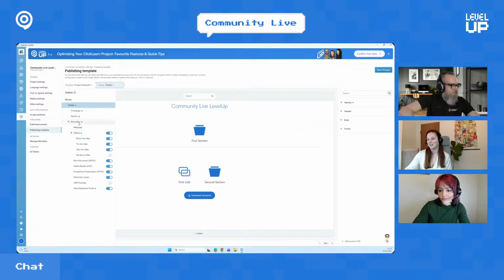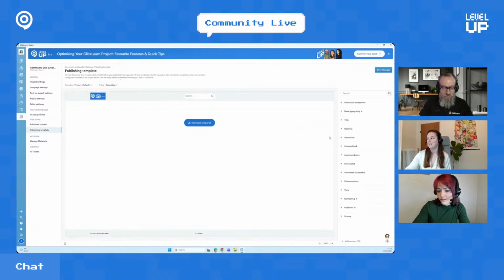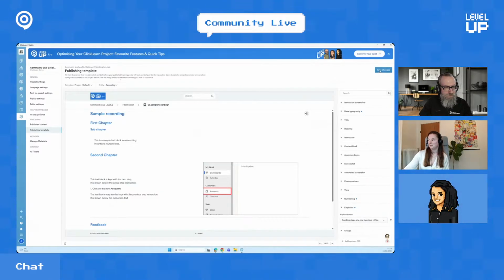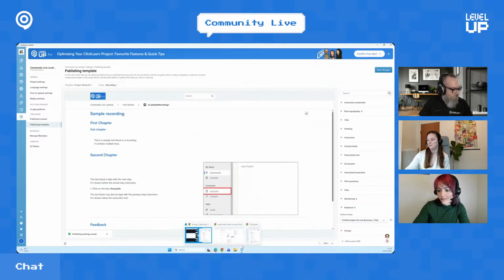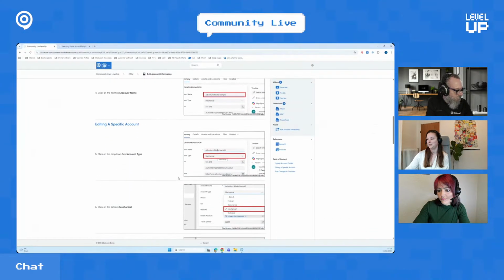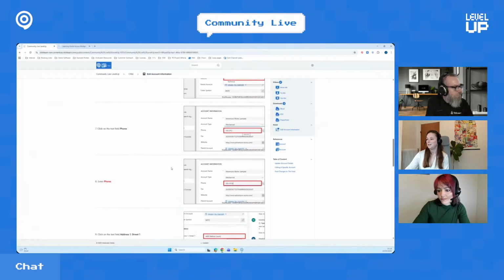I will go back to recording and enable that functionality. And then all of these combine my steps into one, save changes. They're all now going to be combined. So what this will do is it will make things a lot more concise for your colleagues who are following your documentation. So we can see here,